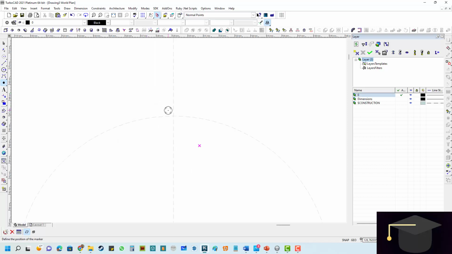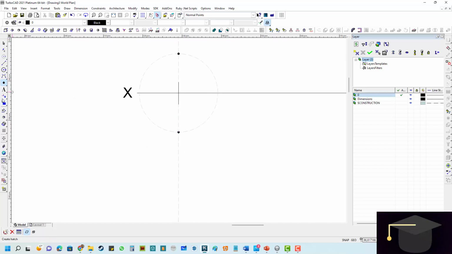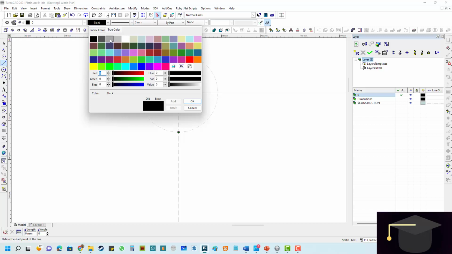If I zoom in and I now press I on the keyboard, the shortcut for intersection, it will place the dot at that intersection as well as the intersection at the bottom, and there I have it. So now I can draw in using my line tool on the far left, changing the properties at this option here. I'm going to do it as gray because it's going to be a construction line